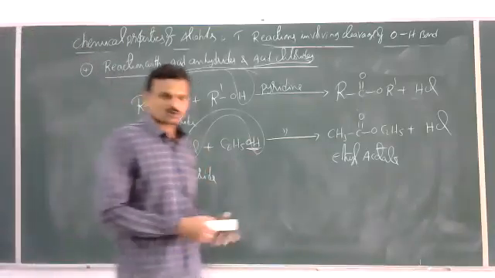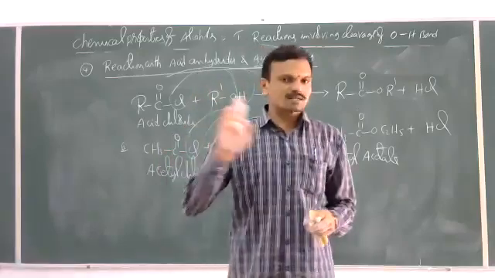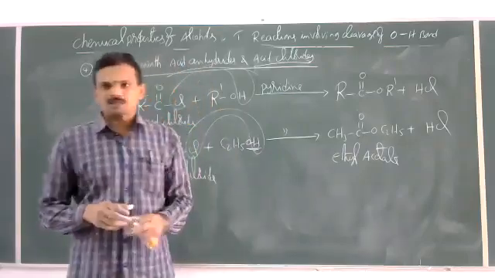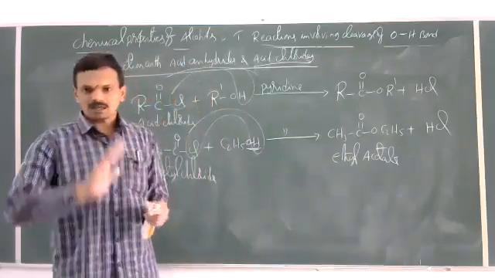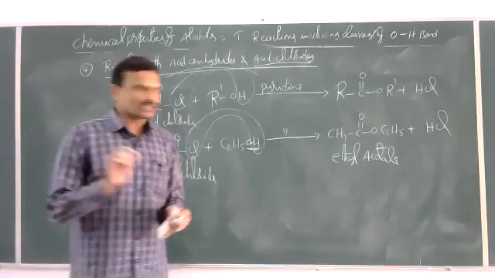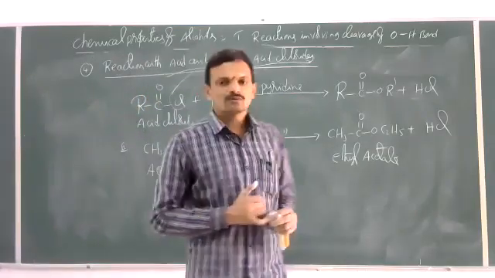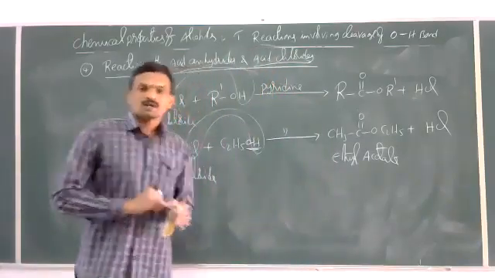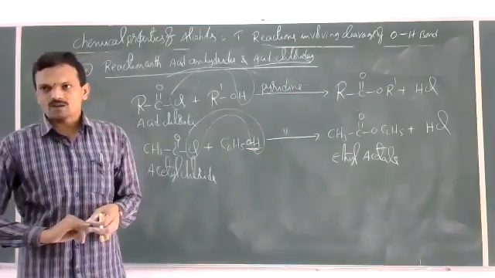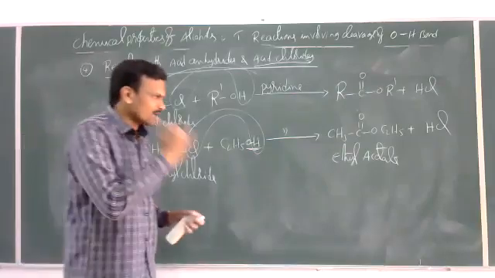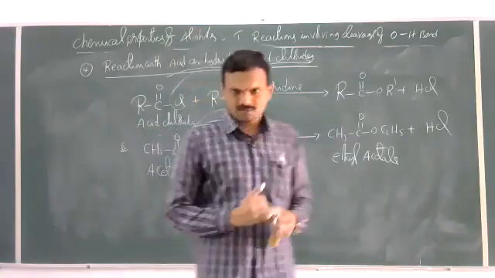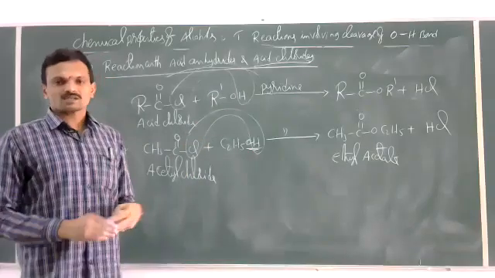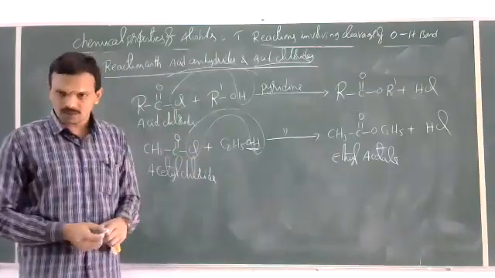Let us review what we discussed today. The first one is reaction with metals. When alcohols react with metals, the OH bond cleavage takes place and hydrogen is replaced by metals. This reaction indicates the acidic nature of alcohols. In the same way, not only sodium and aluminum, any active metal reacts with alcohols and displaces hydrogen gas. Next, the acidic nature of different alcohols and the condition for that, we discussed in the second property.